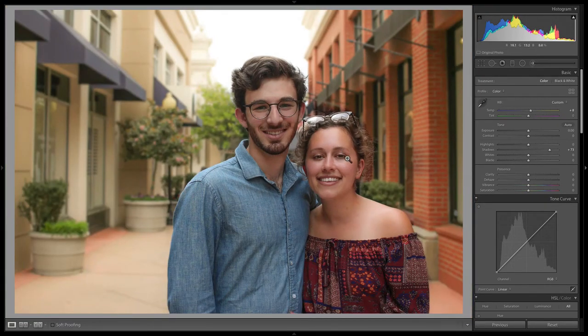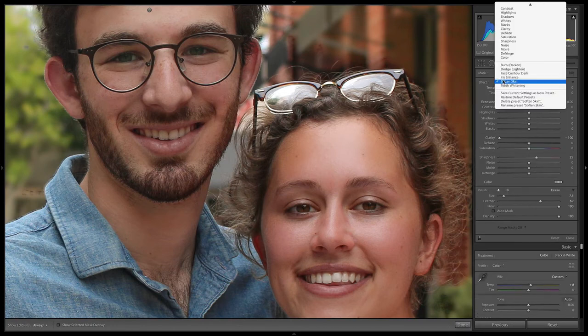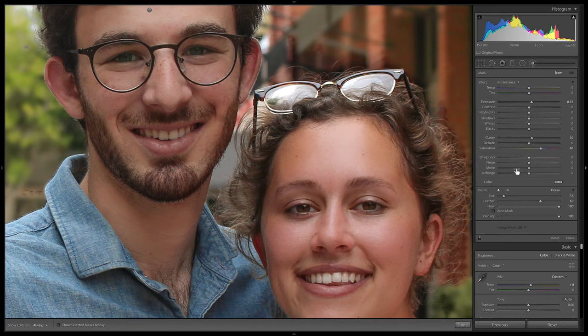Their eyes are a little bit dark, so we want to brighten them up, give them a little bit more saturation. So I'm going to use a brush again. This time I'm going to start with the Iris Enhance, which boosts the saturation, clarity, and exposure. So I'm just going to get in there. I am going to turn on Auto Mask. Press O to turn on our Select Mask Overlay so that I can really see what's going on.